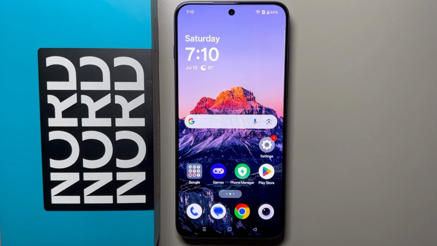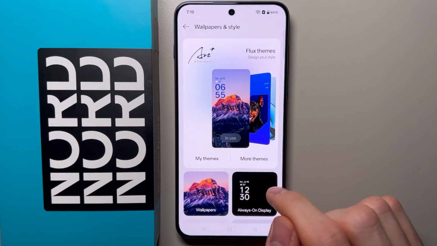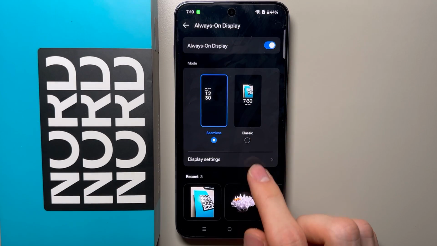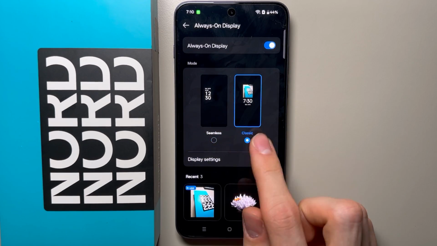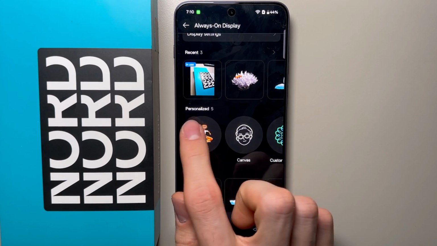Hello, in this video I will show you how you can set a photo as always on display on OnePlus Nord 5. So first of all you have to open the settings, from here go to wallpapers and style and open always on display. Now you have to select classic mode,